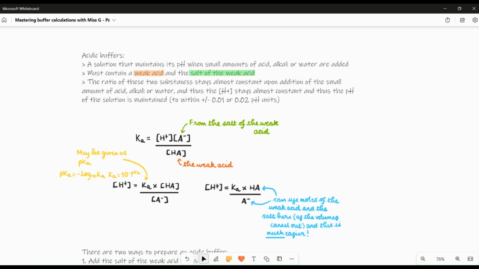So I decided that now would be a really perfect time to release some videos on how we can master buffer calculations. So we're going to need to know what we actually mean when I say the word buffer. And the two parts that we're going to look at, part 1 is how we prepare the buffer solution, and then part 2, coming next week, will be looking at what happens when we then add acid, alkali or water